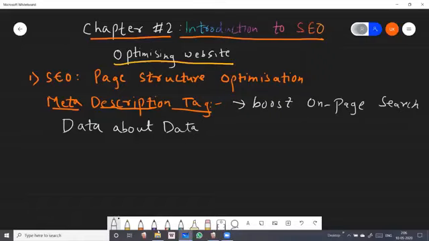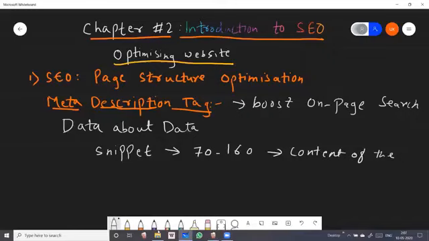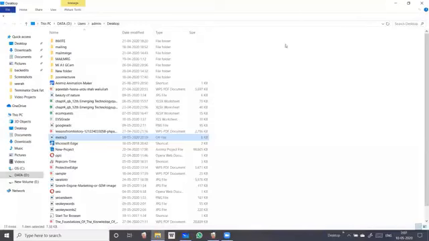Okay, and what is meta tag, student? It is a snippet, that is, it is of 160 characters, but you can have a range between 70 to 160 characters, and it describes about the content of the page. Within this character set we have to use a proper keyword, proper snippet, so that it can describe the content of the page. Getting it?